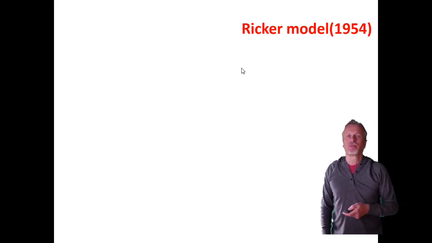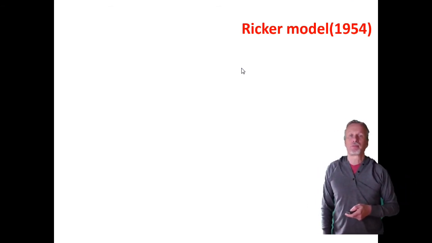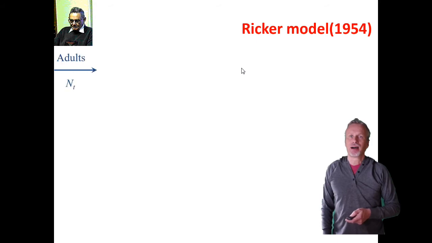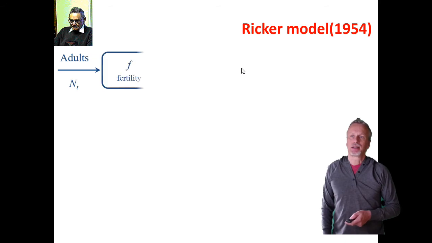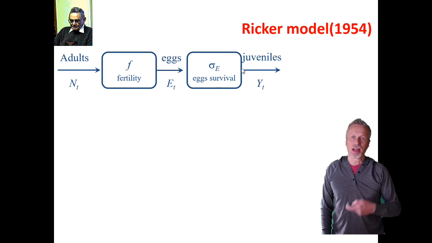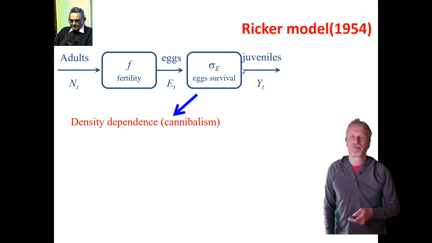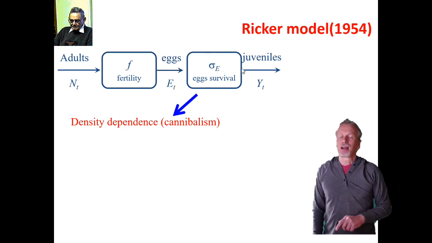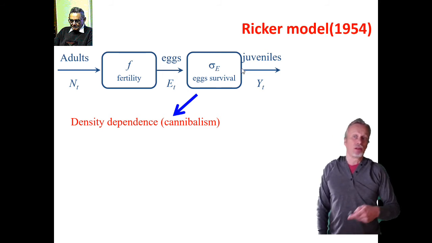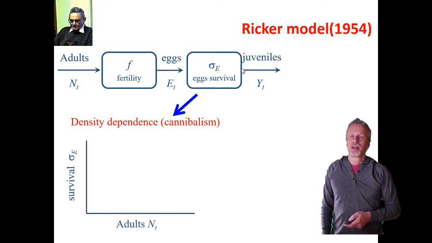Let's now move to the second model, another pillar of population dynamics in discrete time, developed by Ricker. Here we assume again adults, sex ratio discounted fertility that produce the number of eggs, and sigma is again egg survival. In this specific case, which Ricker developed specifically with reference to salmonids and salmon populations,